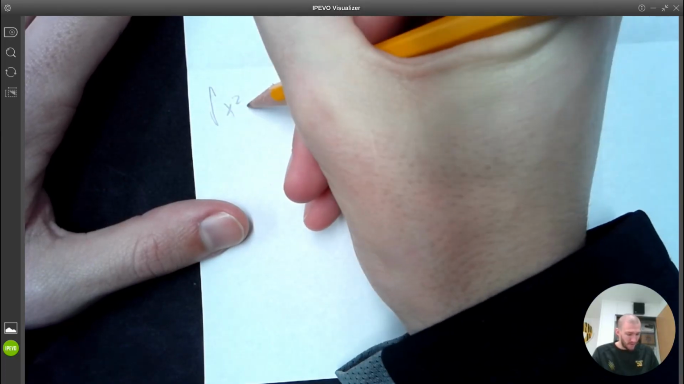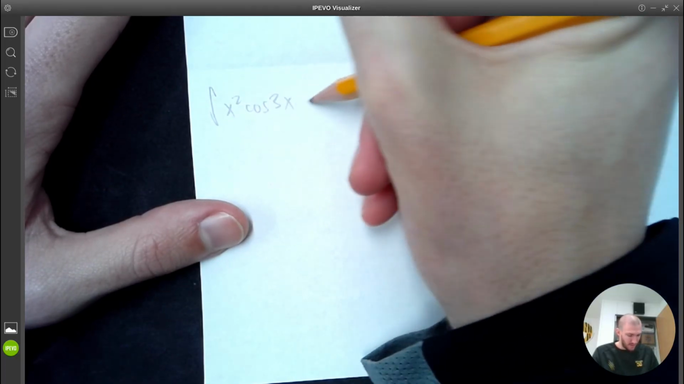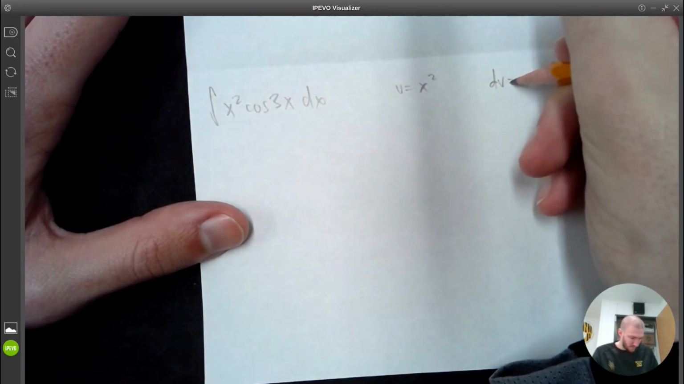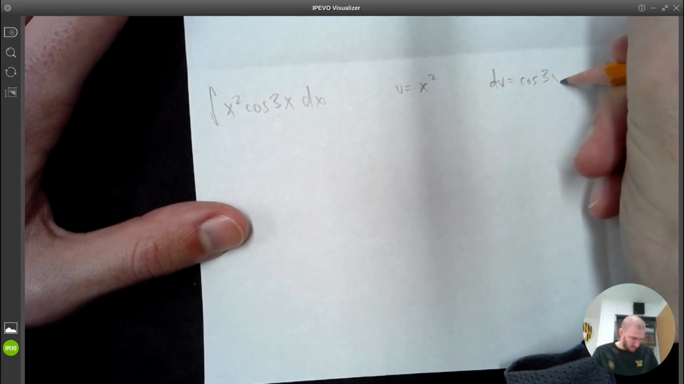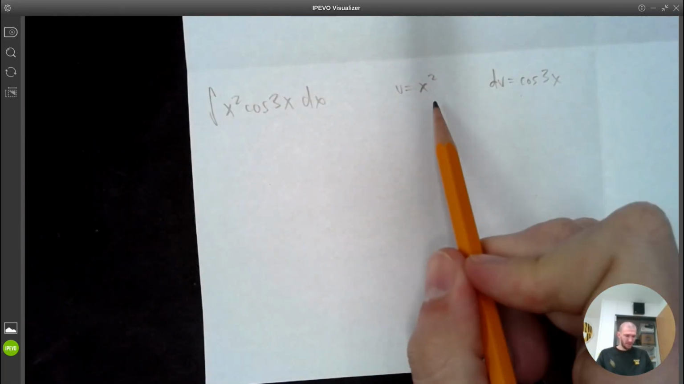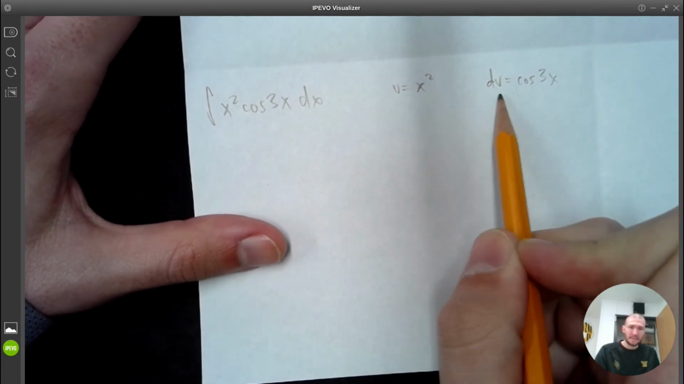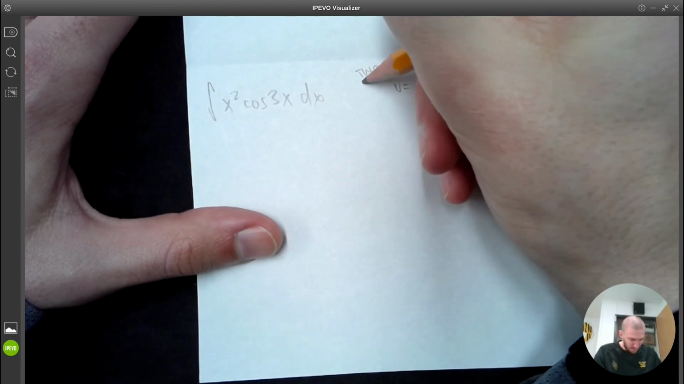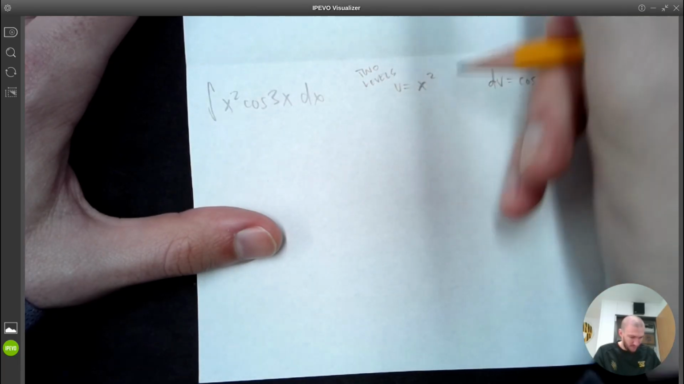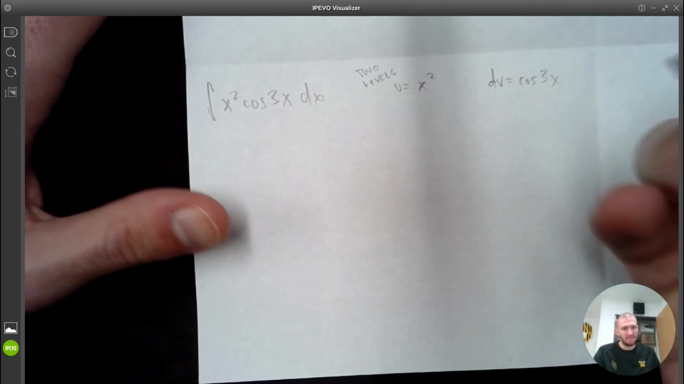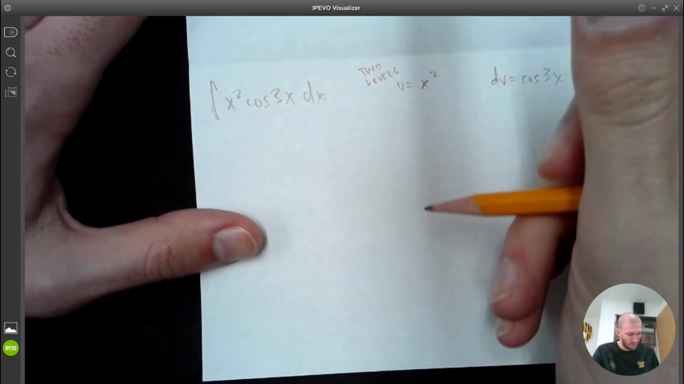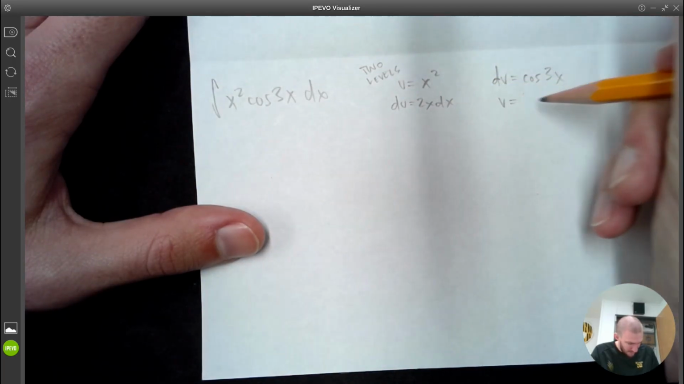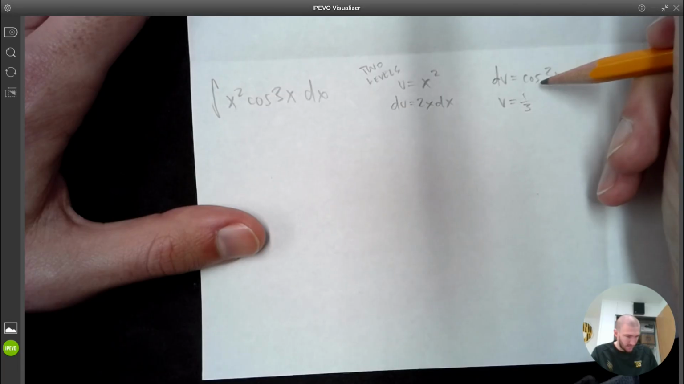The integral of x squared cosine 3x dx, u is equal to x squared, and dv is equal to cosine 3x. Now I already noticed that these two are not going to mix. I'm going to have to basically degrade this 2 levels in order for this to go away, which means I'm going to have to do integration by parts twice. So let's do it. du is equal to 2x dx, v is equal to 1/3, and the integral of cosine